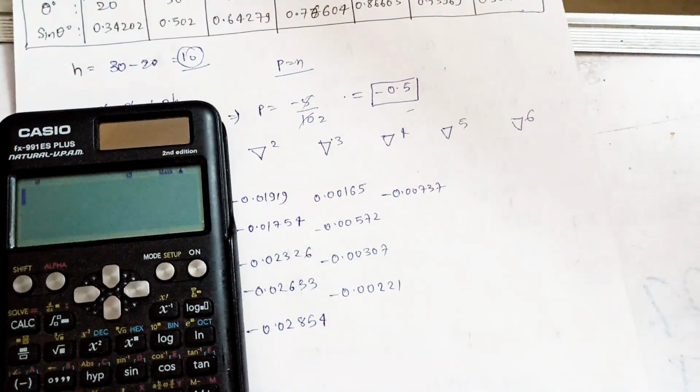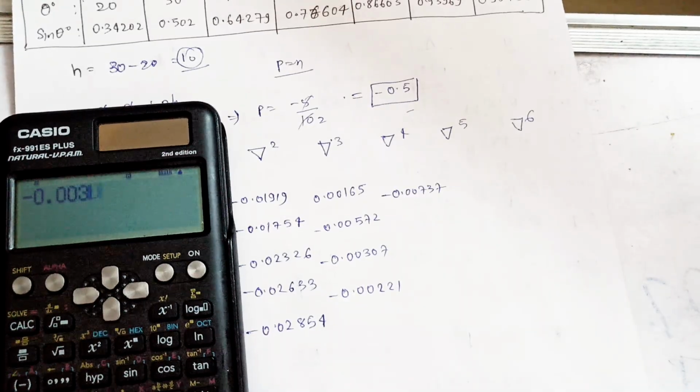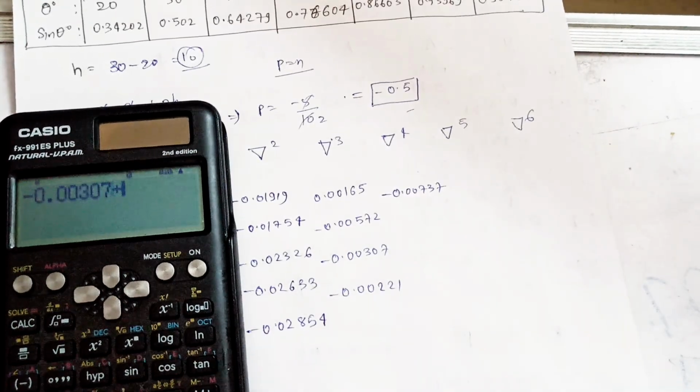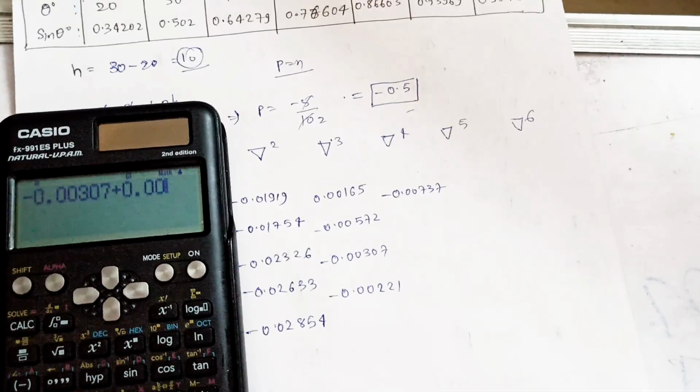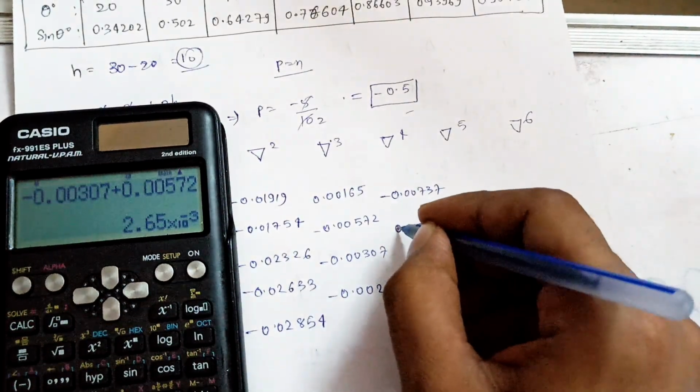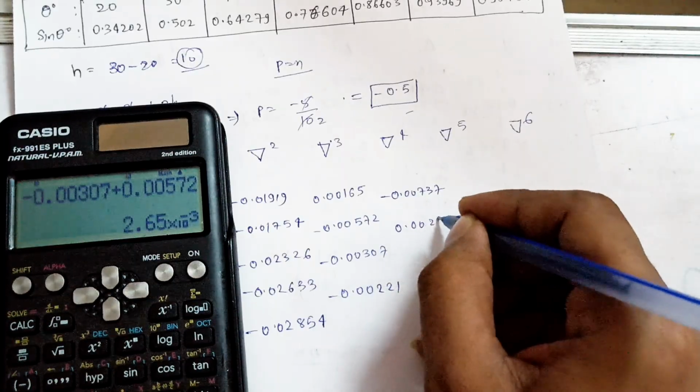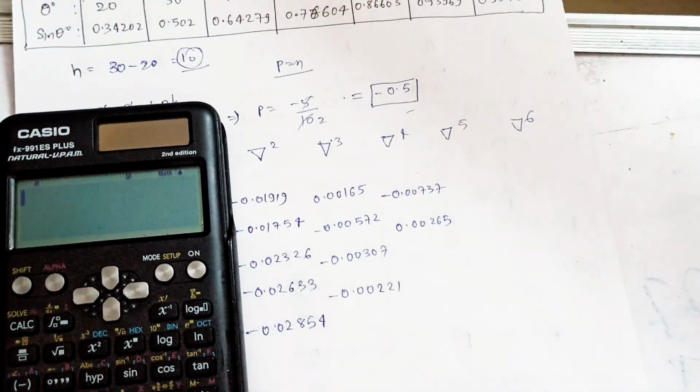Then again for the next value we should minus 0.00307 and plus 0.00572, that is equal to 0.00265, and minus of 0.00221 and plus with 0.00307, that is equal to